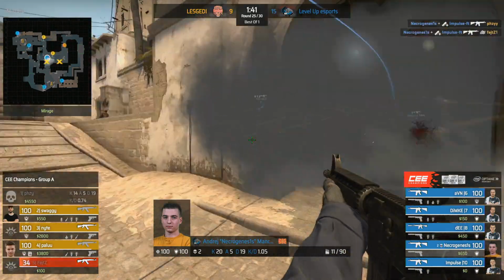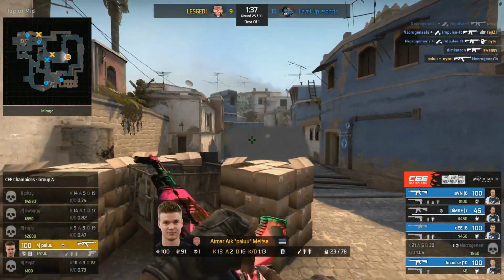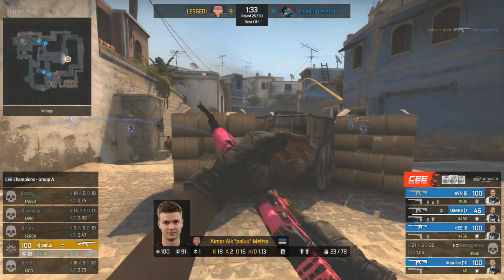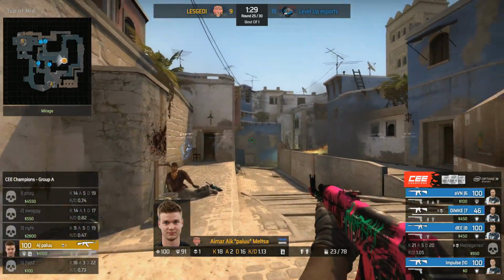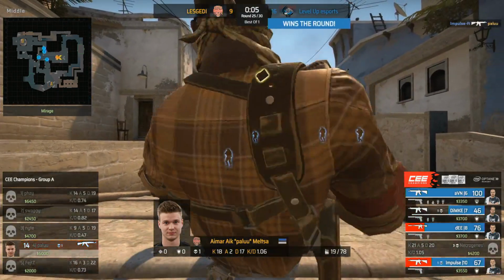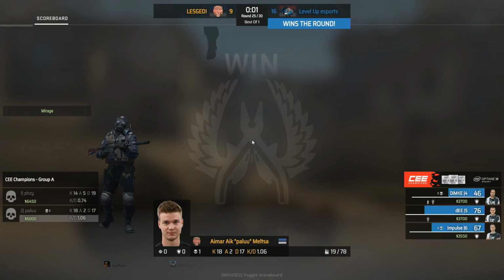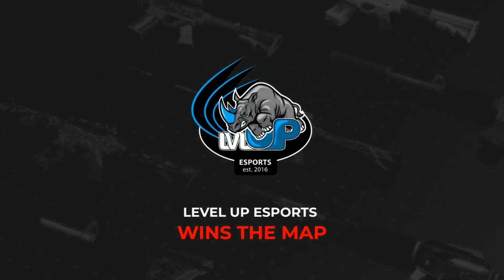Genesis with an aggressive push, works out, flash catches them off guard. Oh, gets the 3rd kill! This is a beautiful round to finish things off as Palu finds himself in a 1 versus 4. What was that, Necrogenesis? Now, Palu, can you make this happen? It's seemingly impossible at this point. They're all going to close in on him at the same time. Level Up Esports pick up that round. 16-9 is the round differential, and they'll top up their group. They'll be number